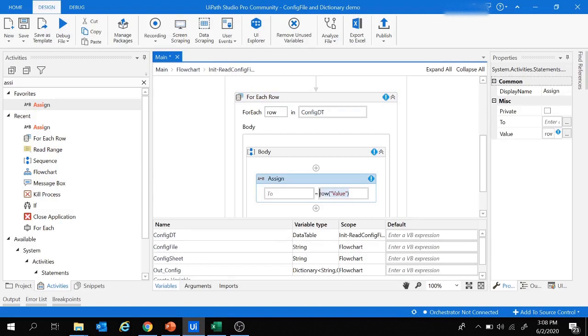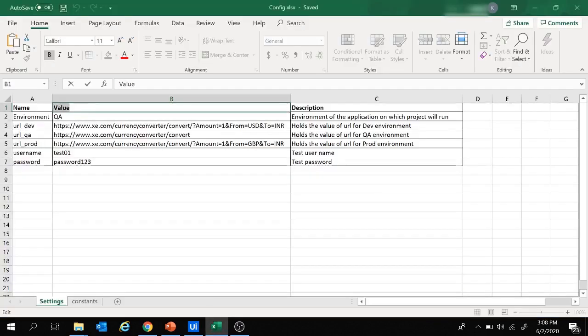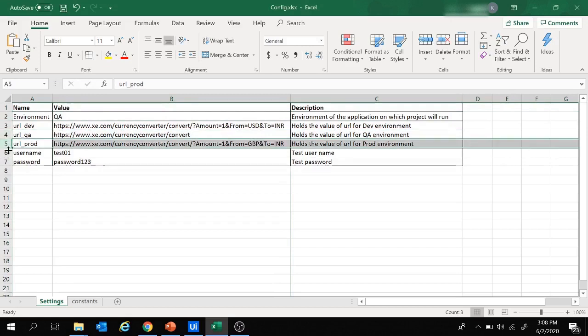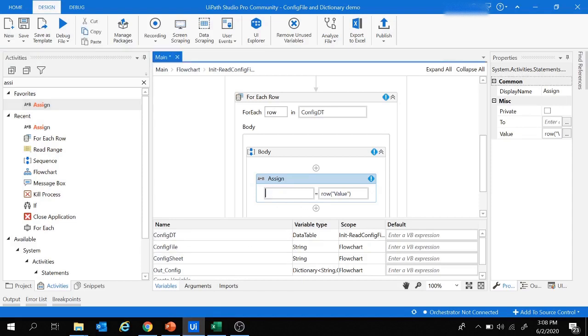This expression is going to pick up the values from this column, since I have provided the column as value, and for all these active rows, it's going to pick up the values from this, and this I'm going to assign to the dictionary variable which we created.